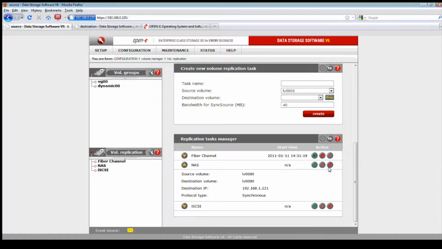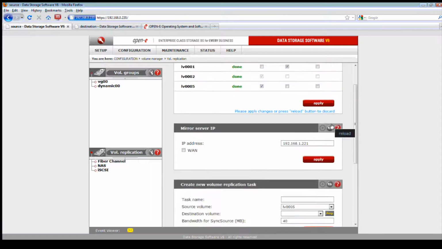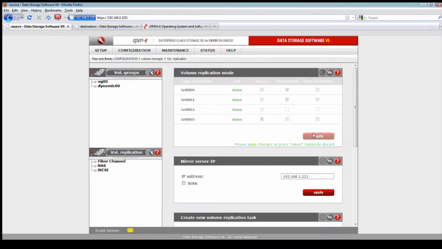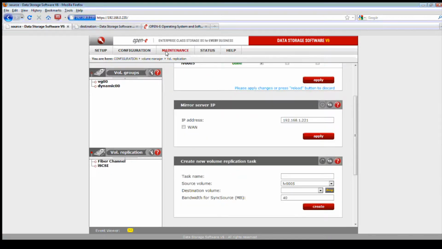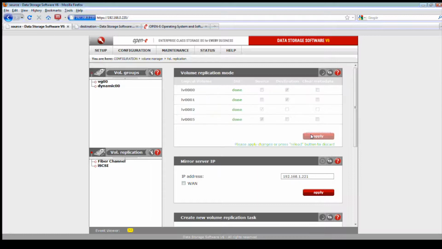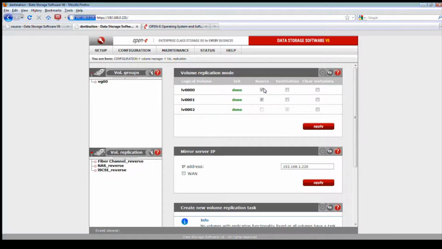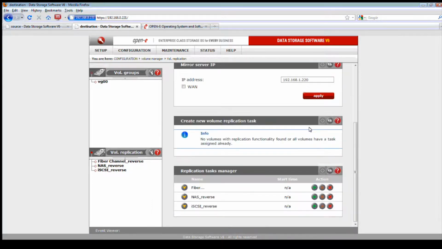So we want to see that this will be updated, and locked. We're going to give it a second and verify the LV00. Oh, here we go. Let's kill the task. If I did this wrong, hold on. Let's give it a second. Okay, so now we're going to set the source. Come back. It's set for destination.